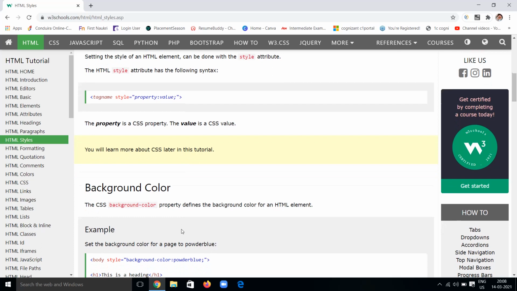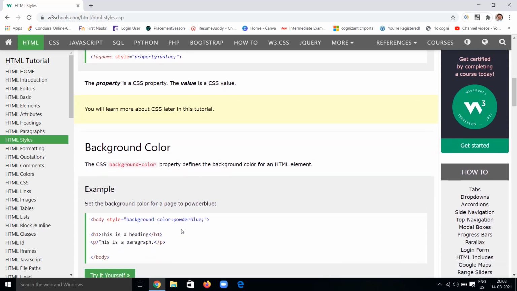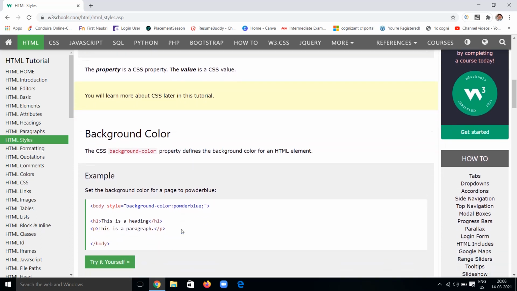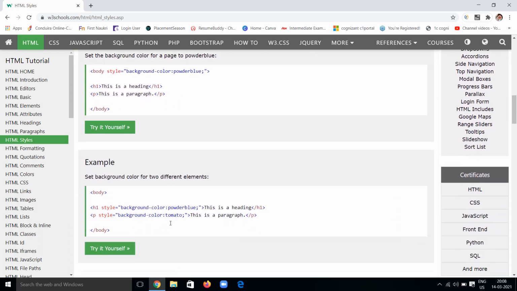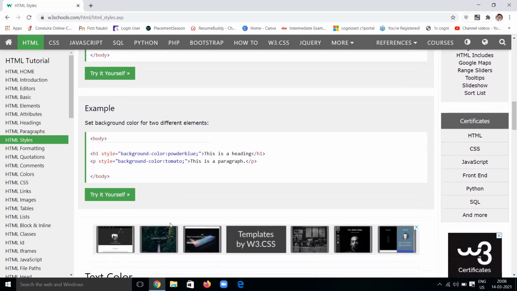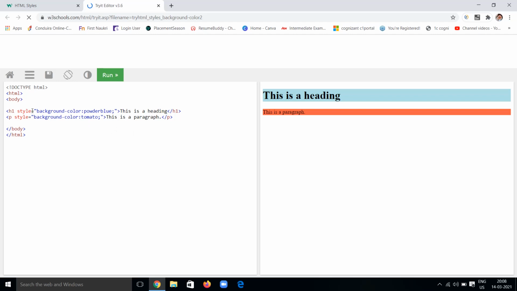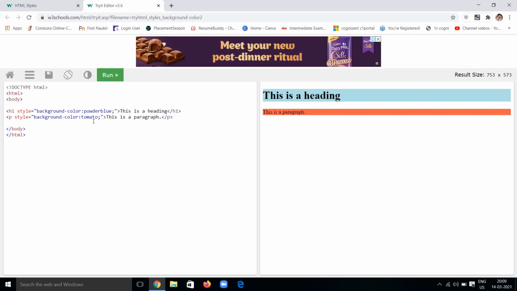Styling is another part of CSS, which is Cascading Style Sheets. We can see it in a clearer view in the coming sessions. So we can give a background color, like we have seen: style is equal to background color, powder blue, and so on. We can give individual colors. Styling background blue, tomato, we can try this example. You can see style is equal to background, this is blue, this is the heading, and the style is a background tomato color,